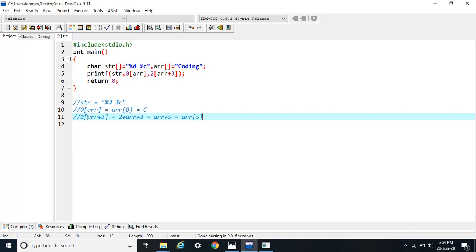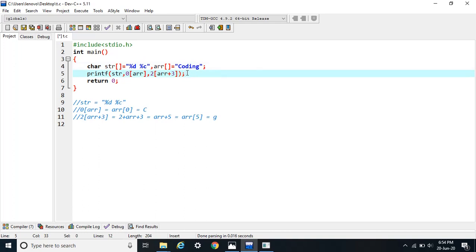It means that array plus 3, move 3 indexes ahead. After that plus 2 also. So in total array plus 5. So this is equivalent to this. And what is array 5? It is nothing but the character G. So it should be clear now that this first part is C and this second part is character G.